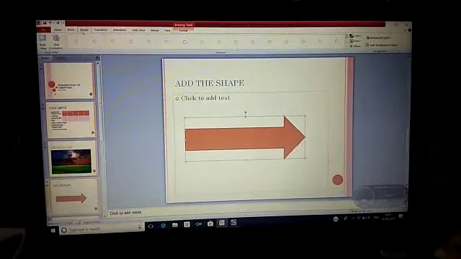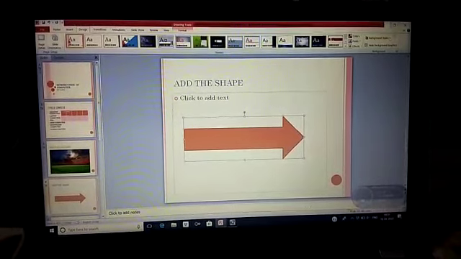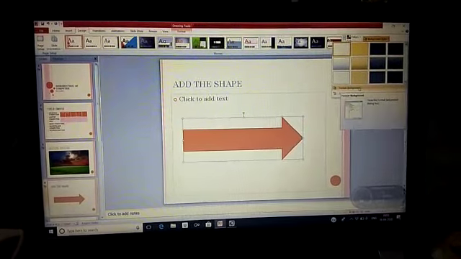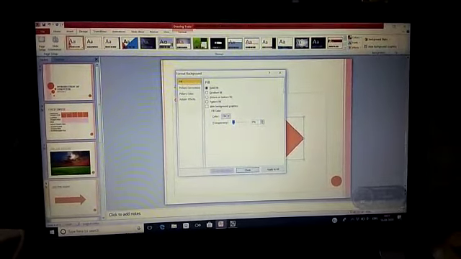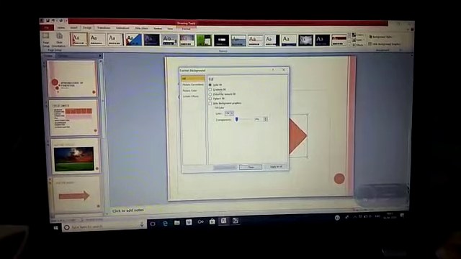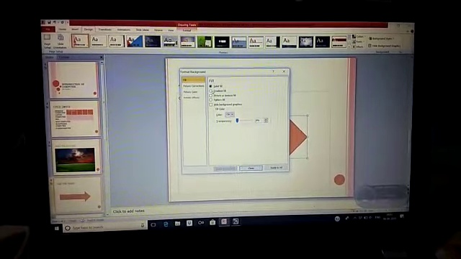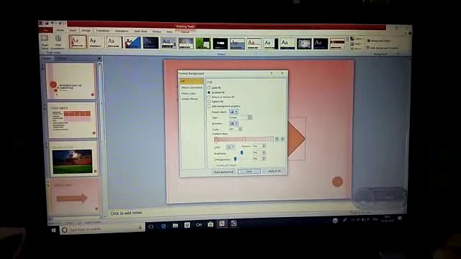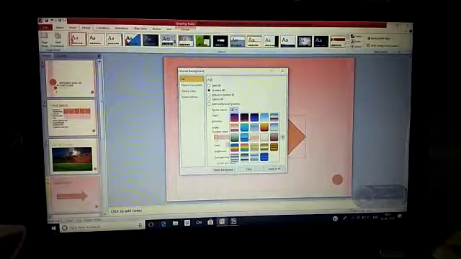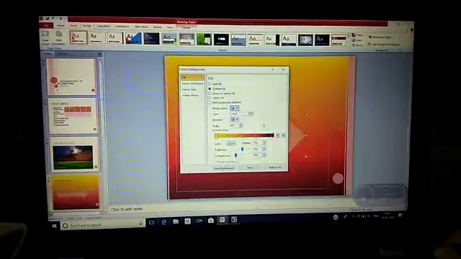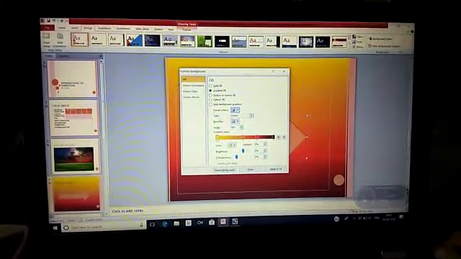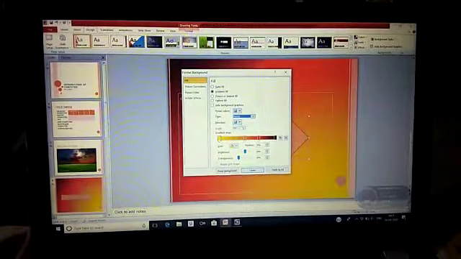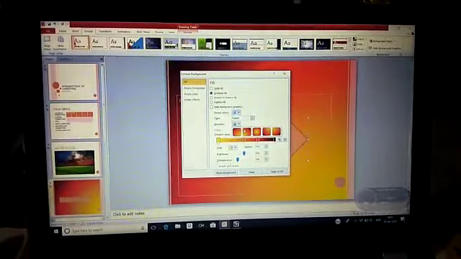Click on the Design tab, then click on the Background Style button. Third, click on Format Background. See, here are 4-5 options: solid fill color, gradient fill color. I'm going to choose gradient. Next, click on the preset color. Next, choose the type: linear, radial, rectangular. Next, direction you can choose.